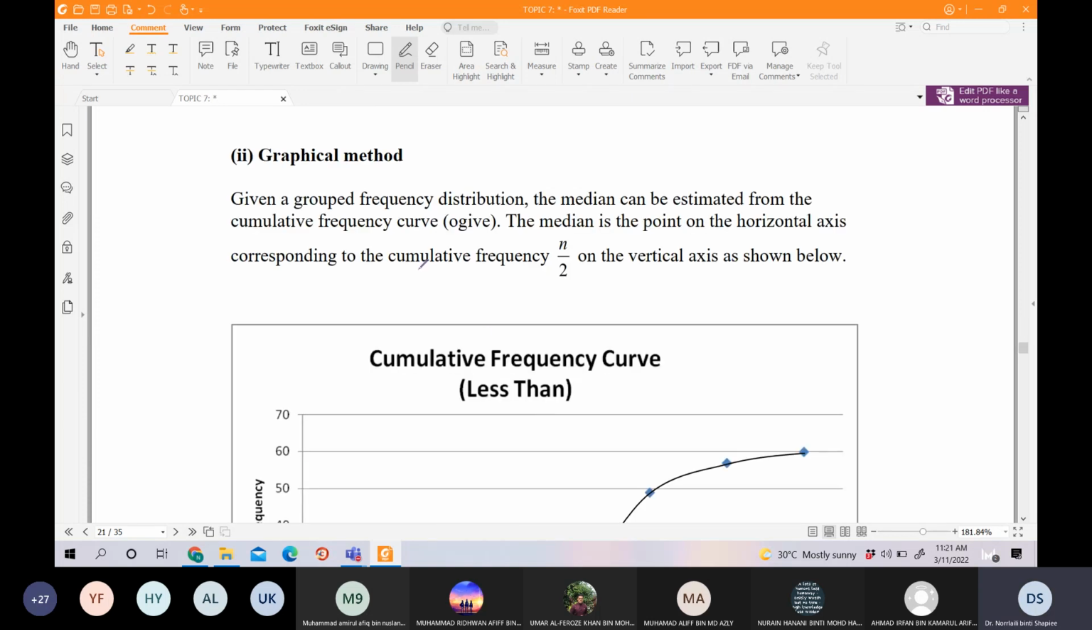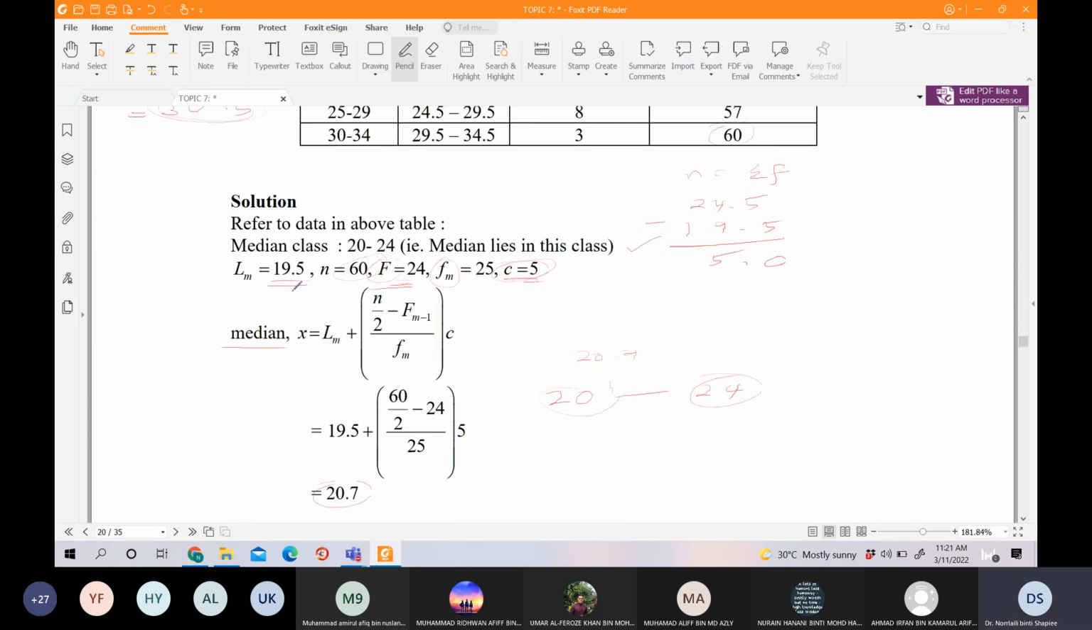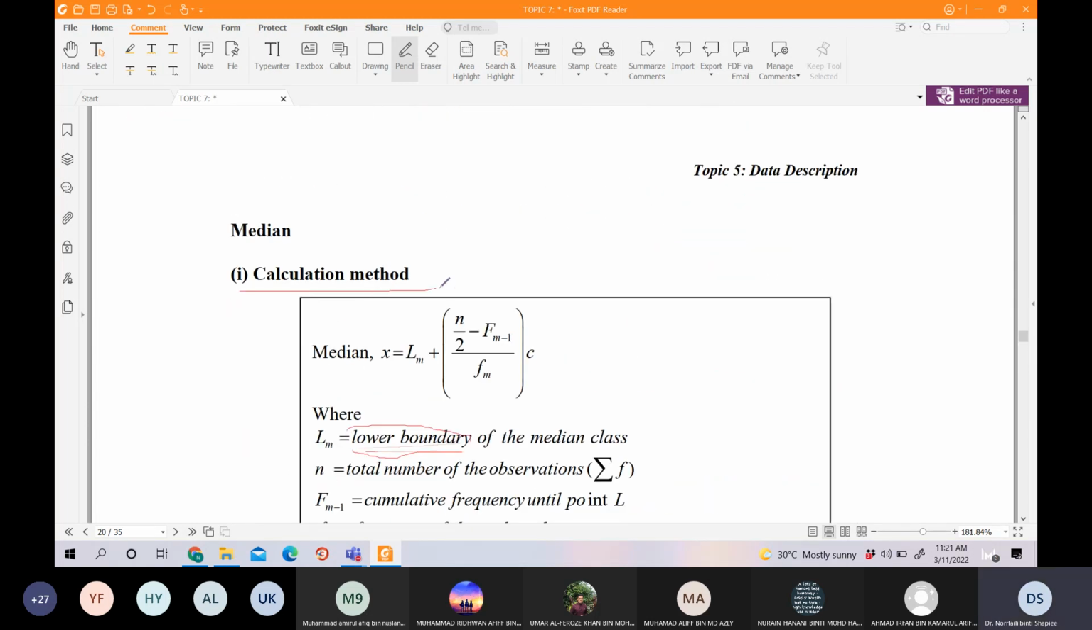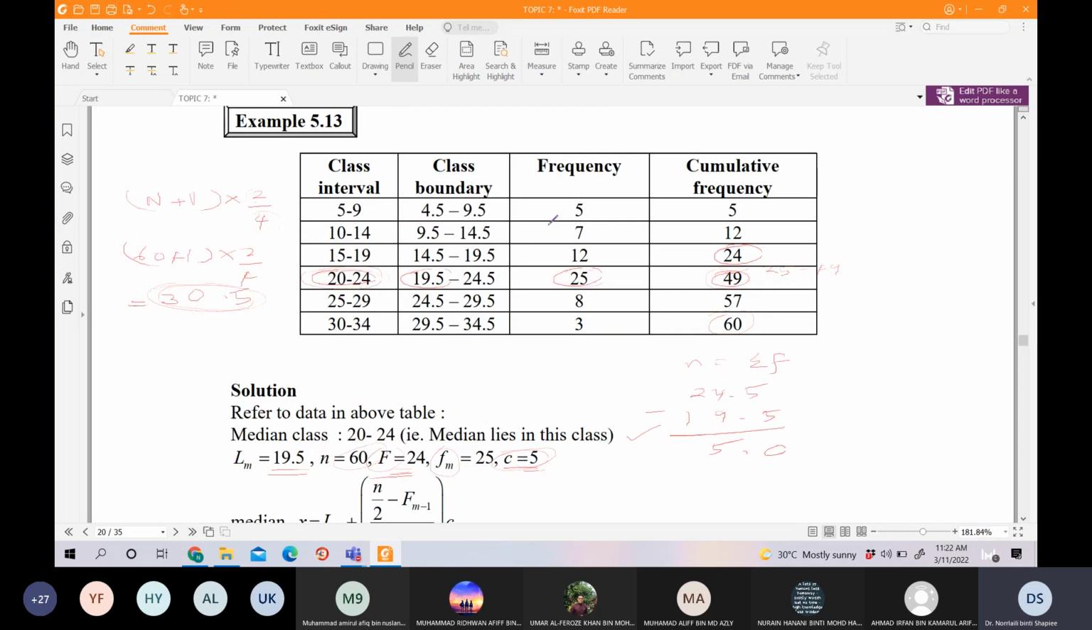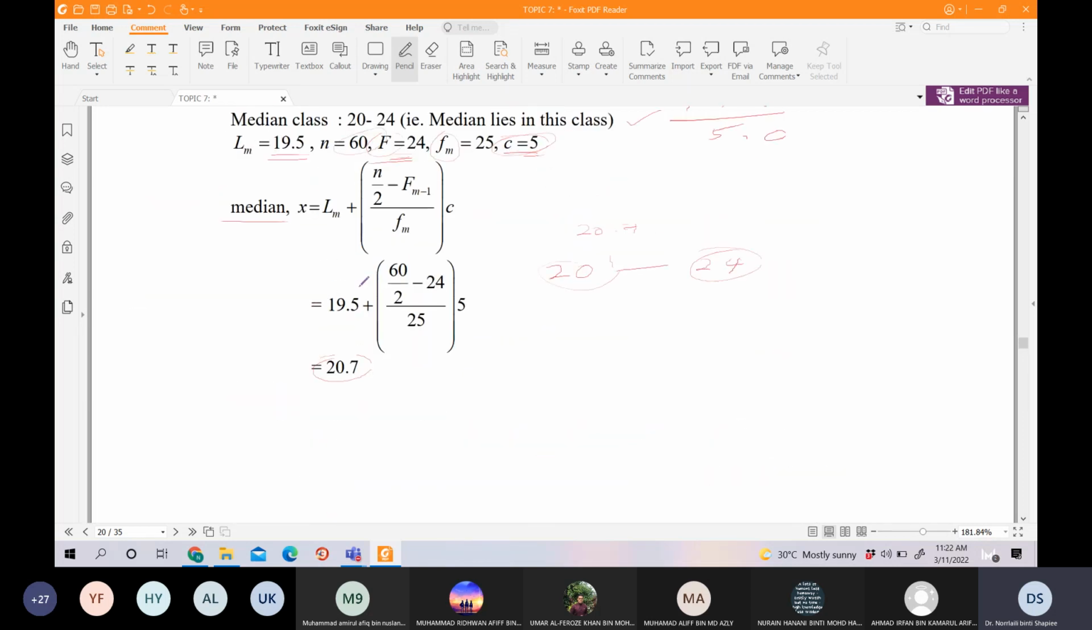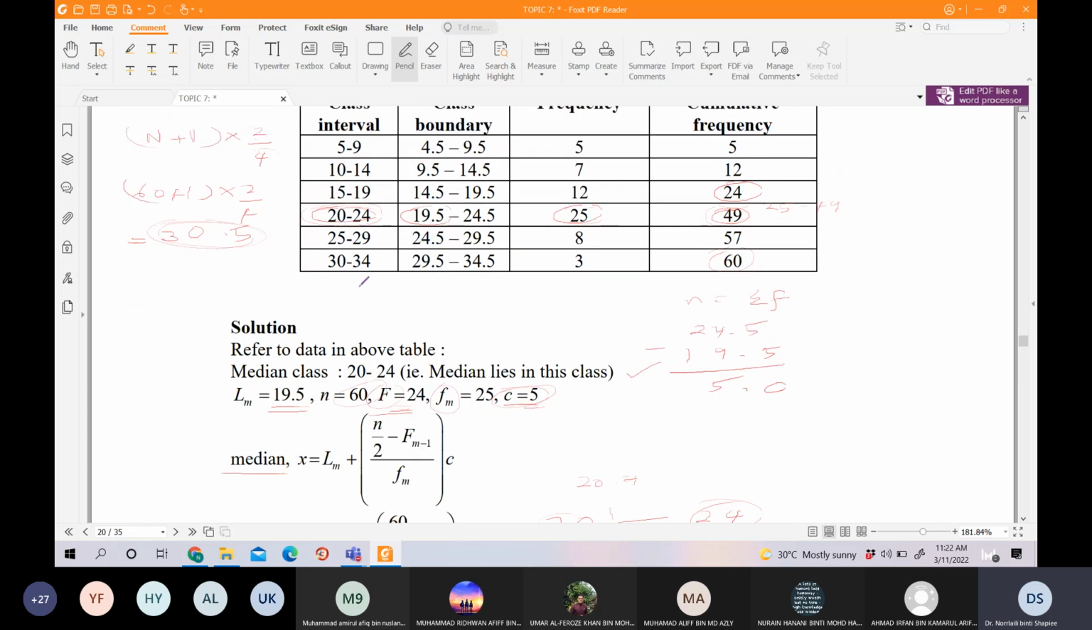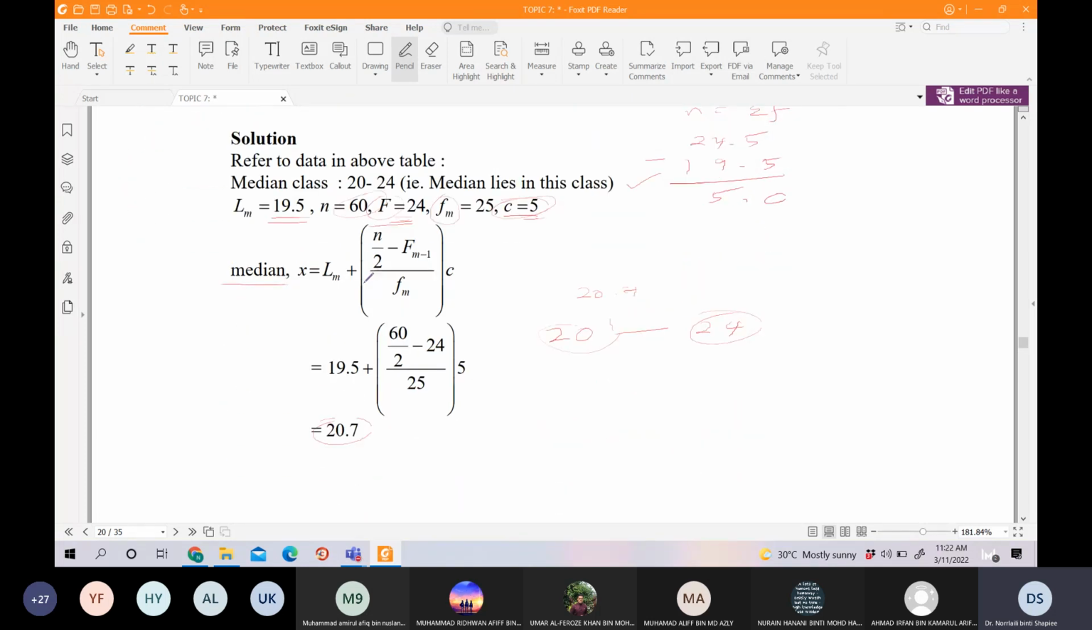Okay, next. We proceed to the graphical method. What method is this one? Calculation method. So you have to calculate. To calculate, you have to make sure the values for LM, FM minus 1, FM, C and N here must be correct, so that you will get the correct answer for the median. In case you feel this is confusing and don't know which value is which,